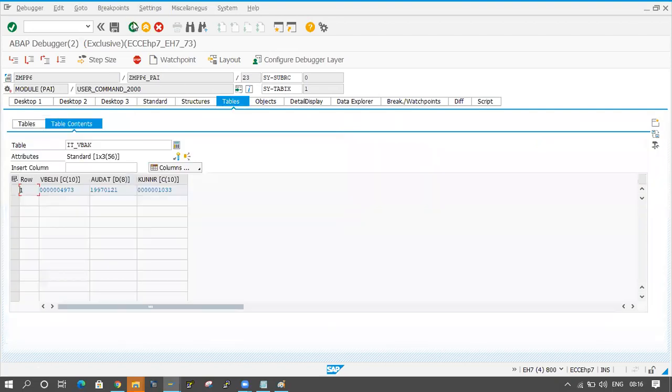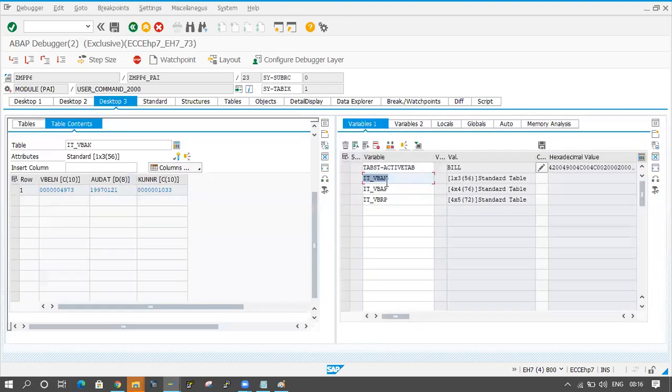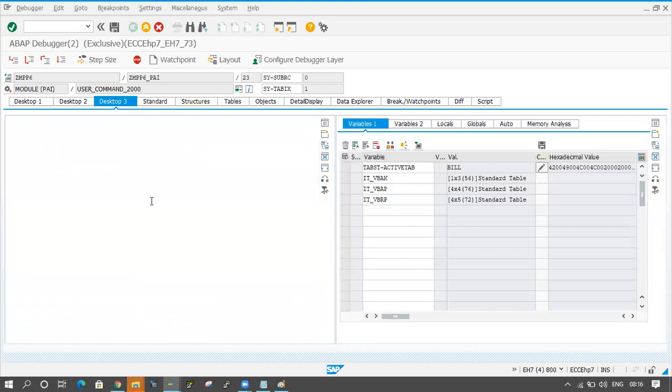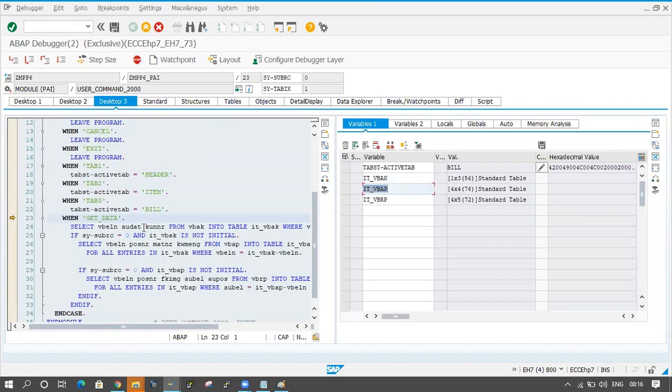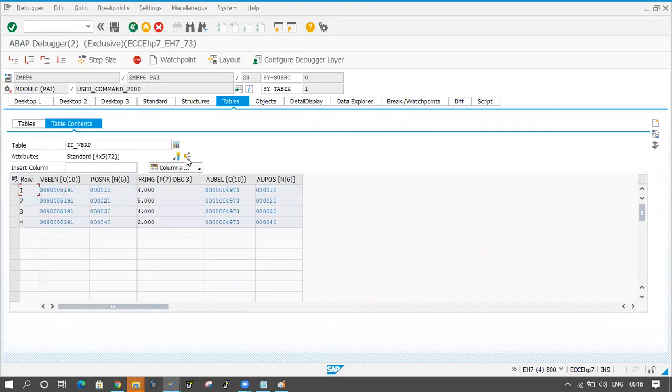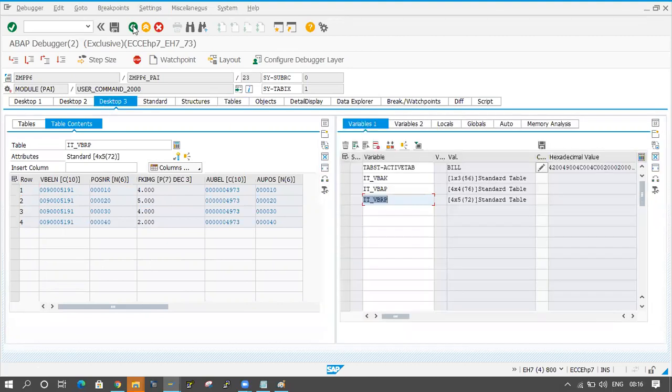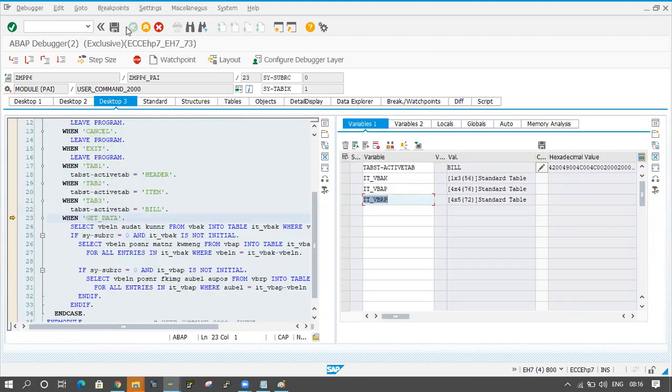ITBBAK data is coming, and BBAP also, 4 records are coming. Okay, and in ITBBRP also data is coming. Okay, data is coming fine, but the tab is not activating. Fine.